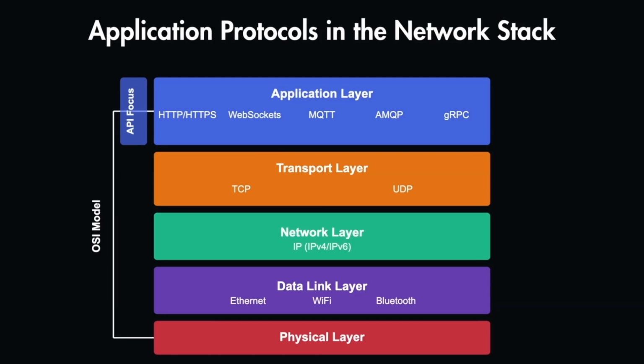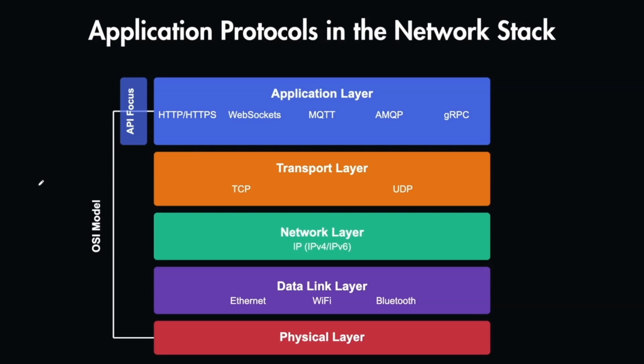Let's start by understanding the application protocols in network stack. Application layer protocols sit at the top of network stack, building on top of protocols like TCP and UDP, which are at the transport layer. These protocols at application layer define the message formats and structures, also the request-response patterns, and management of the connections and error handling. Now below that we have many other layers like the network layer or data link layer or even physical layers, but when building APIs we are mostly concerned with the API layer protocols, which are HTTP, HTTPS,